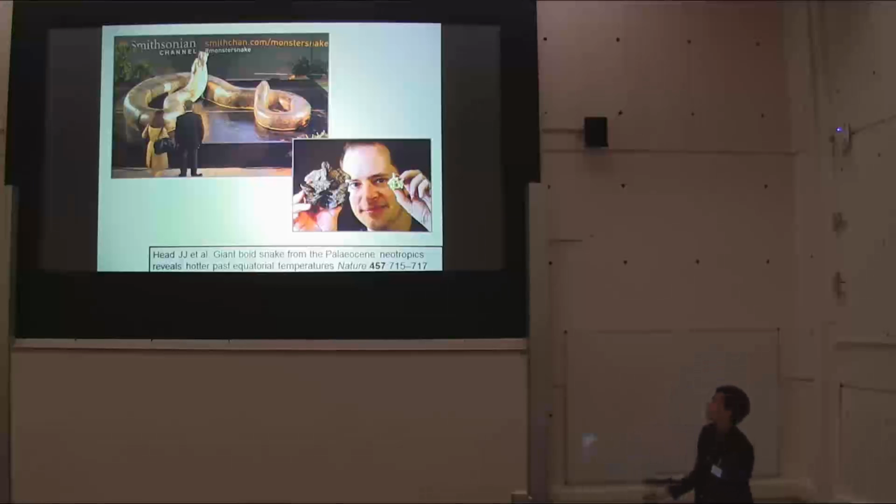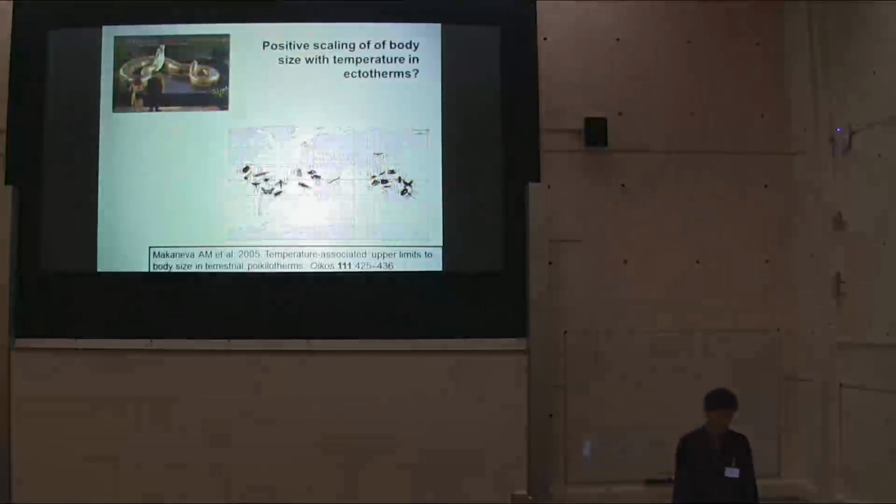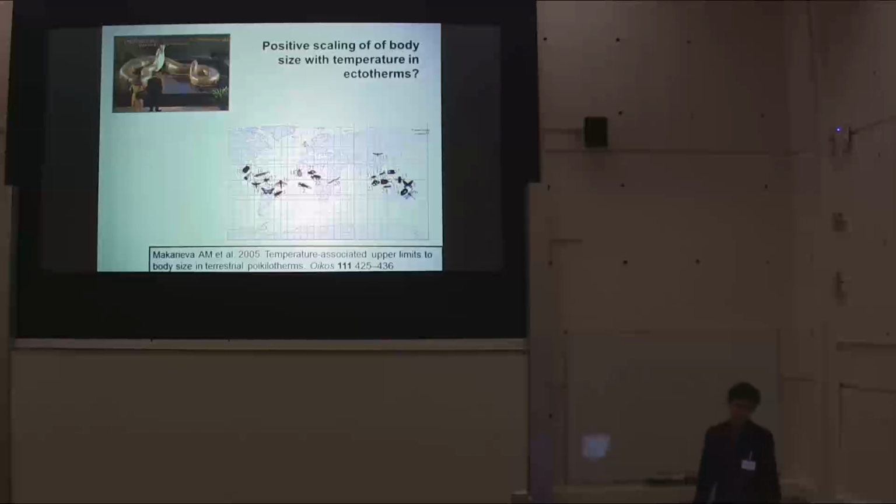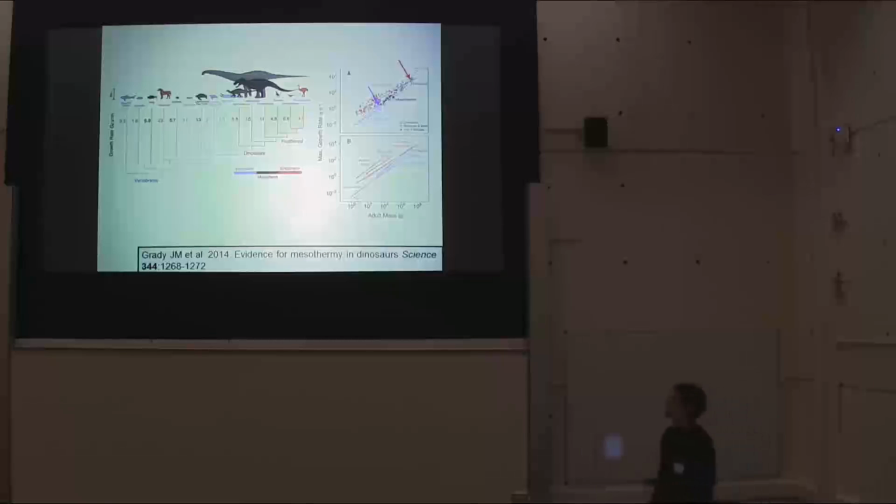But if it is because they're ectotherms, then we might expect to be able to make some inferences based on interactions between body size evolution and global temperature in the past. So it might be that there's positive scaling of body size with temperature in ectotherms. Now, with dinosaurs,